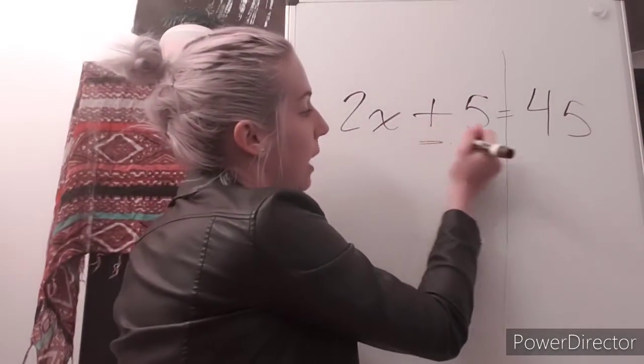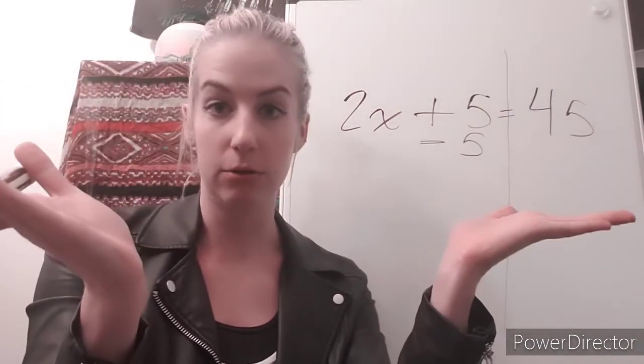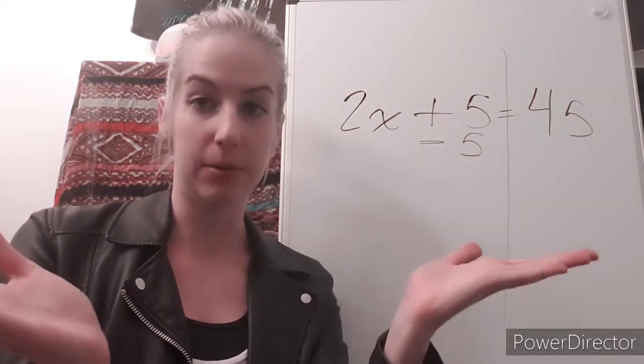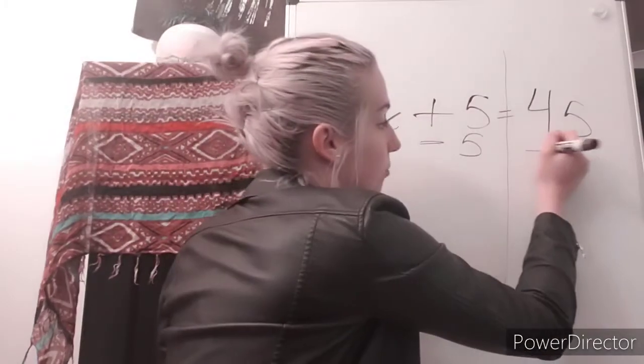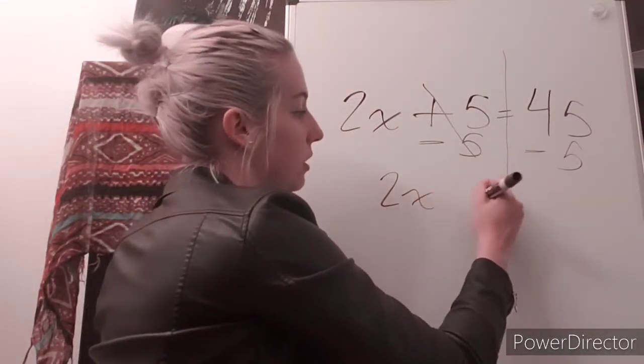So I'm going to subtract 5 on this side, and if you'll remember, my equal sign is like my scales, right? So if I subtract 5 on this side, I have to do the same on the other side, otherwise they're not equal, right? So I have to subtract 5 on this side. This goes away. 2x is equal to